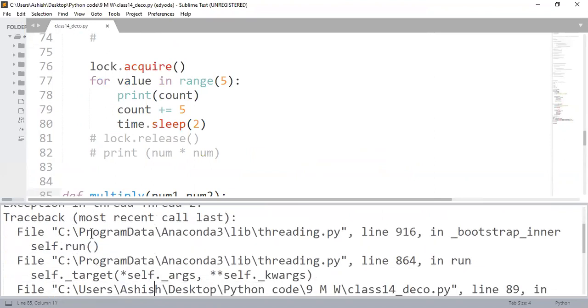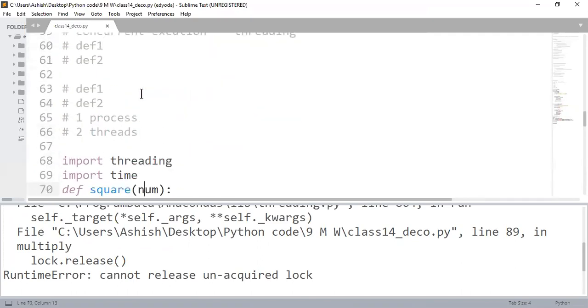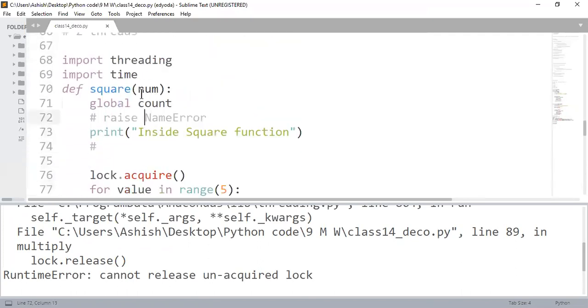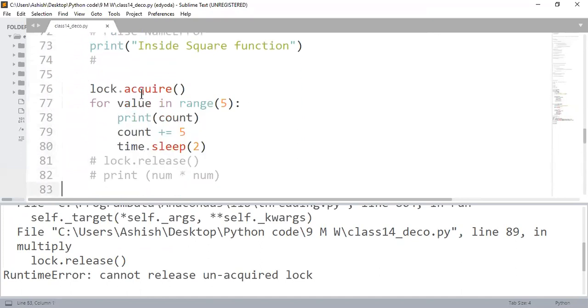It's showing the error: cannot release an unacquired lock. So what is the concept of RLock? If one thread is acquiring the lock, the same thread should release the lock. Also, one more advantage it provides is that you can define